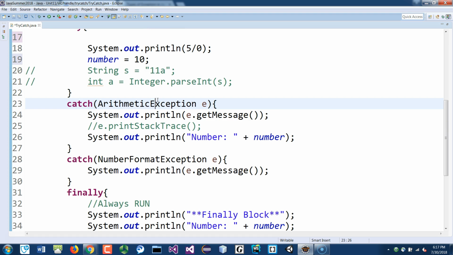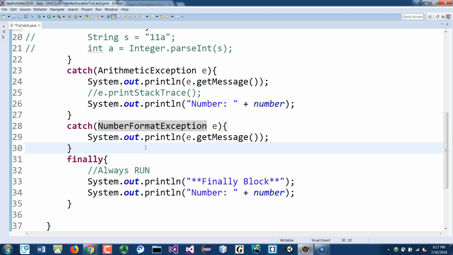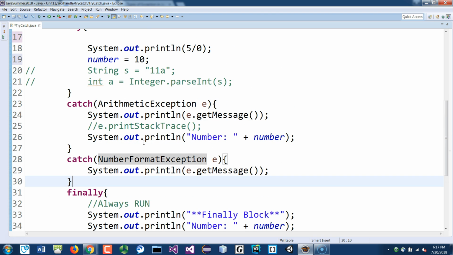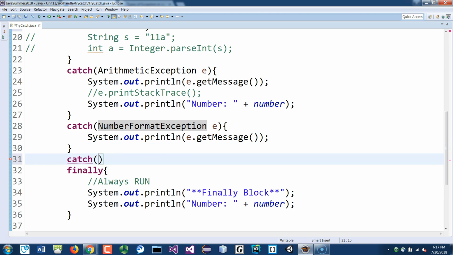Okay, so we have the arithmetic, the number format, input output. That will be for like the scanner, I think. Or if you read a file, that's in chapter, I think chapter 13. We didn't do that, but read data for a file. That'll be a file exception. And if you don't know what error exactly, then you can always use this catch exception called the exception,